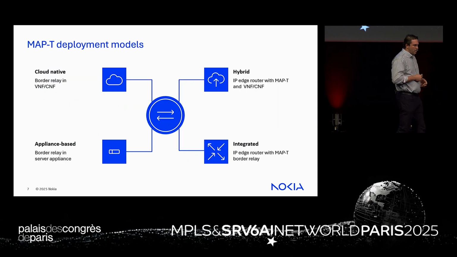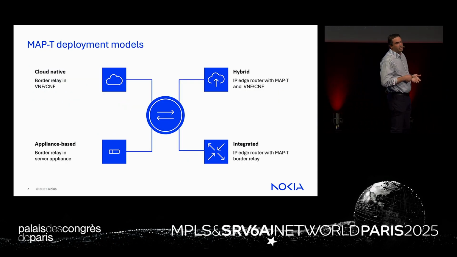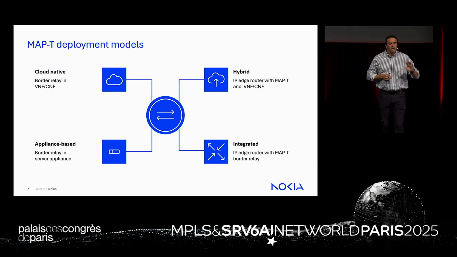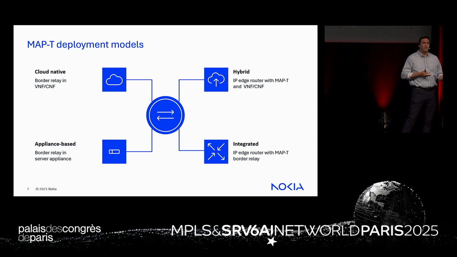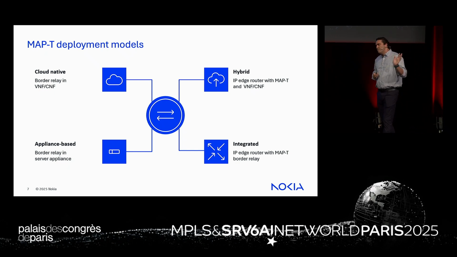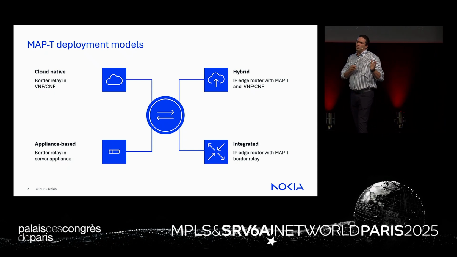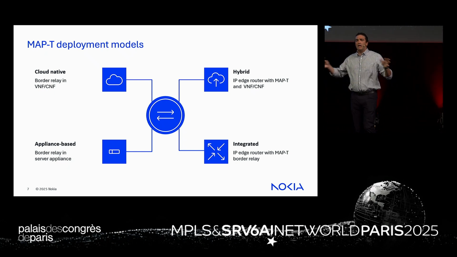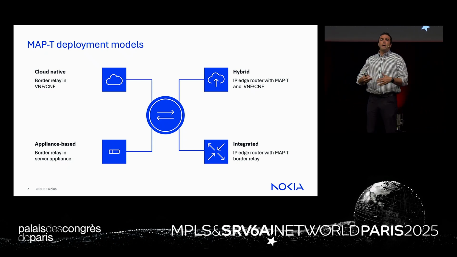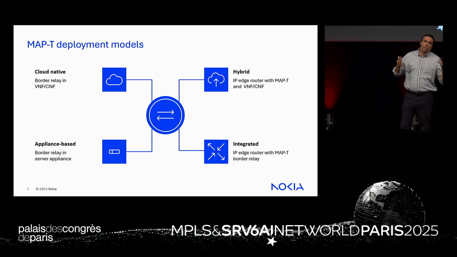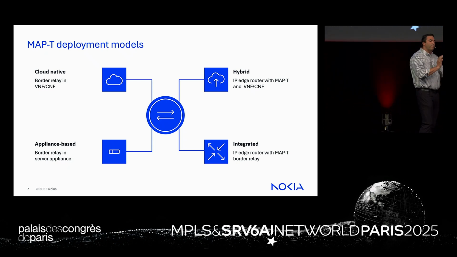Okay? So, how can I deploy it? There are 4 models of deployment. I can go cloud native, I can go with VNF, CNF, I can deploy whatever I want. Right now we have a customer where they deploy MAPT on the border relays close to the peering. They say, hey, I have a lot of compute close to my subscribers, and part of their edge cloud, edge compute, however you want to call it, they plan to load a few containers to do MAPT on a